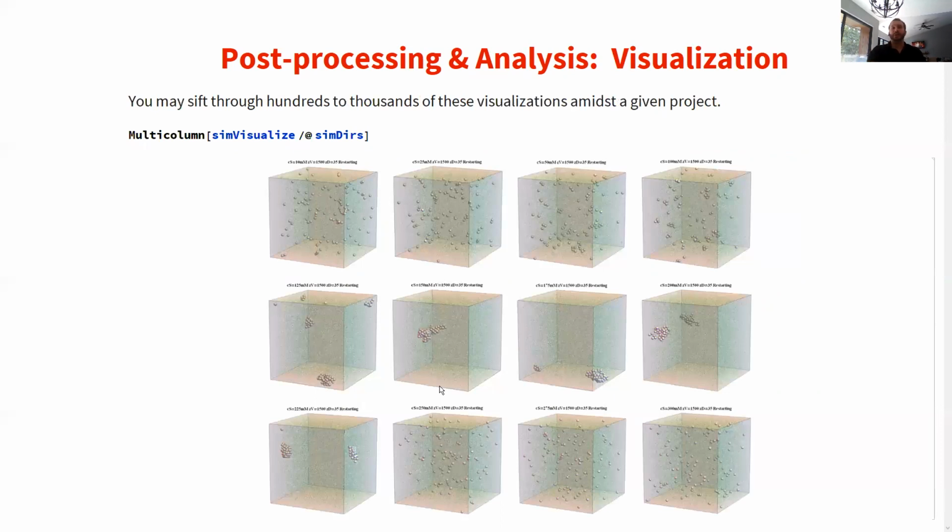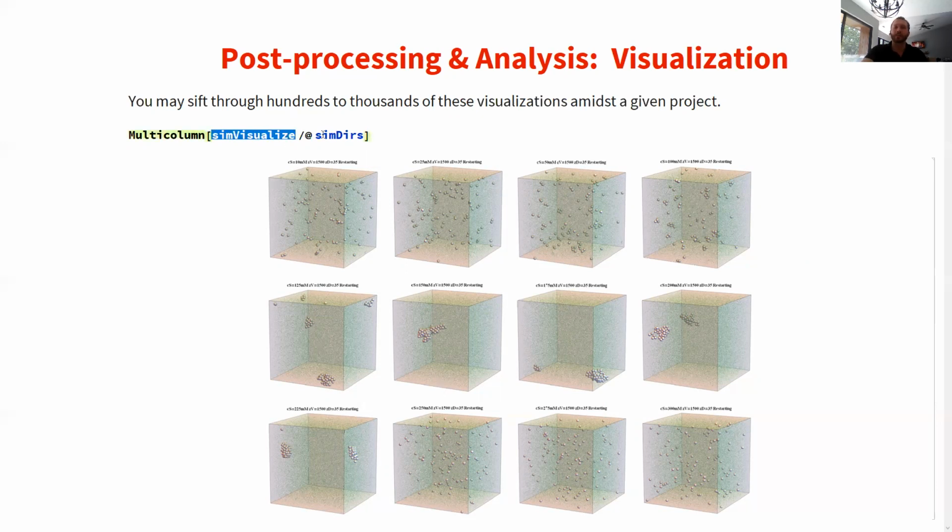You don't have the luxury of looking at, say, even just 4 simulations like I showed you there. Those were cherry picked from often dozens, hundreds, thousands of simulations. And so the ability of the Wolfram language to, instead of opening up a visualization software, scrolling to the end of your time series, the last snapshot of the video, and taking a screenshot, and spending your entire life doing that with every condition for those thousands of simulations,